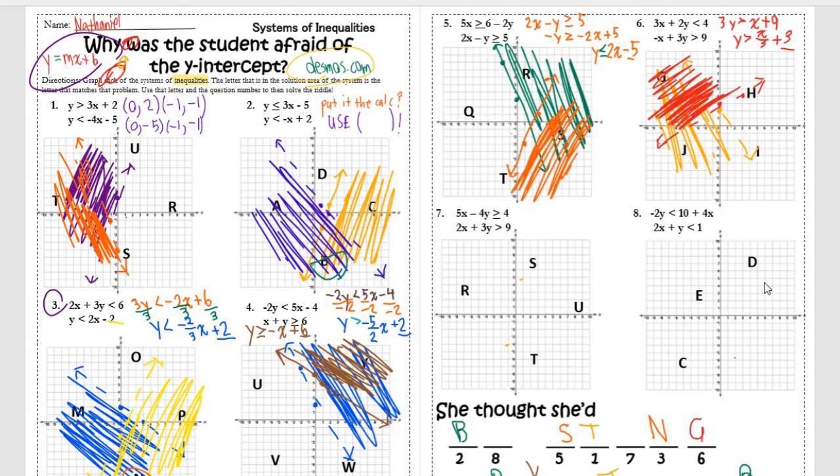Okay, number 7. Same thing, really. We have to have it in our y equals mx plus b, our slope-intercept form. So first we're going to subtract 5x from both sides. The 5x is added to our negative 4y. And the opposite of addition is subtraction. So we have negative 4y